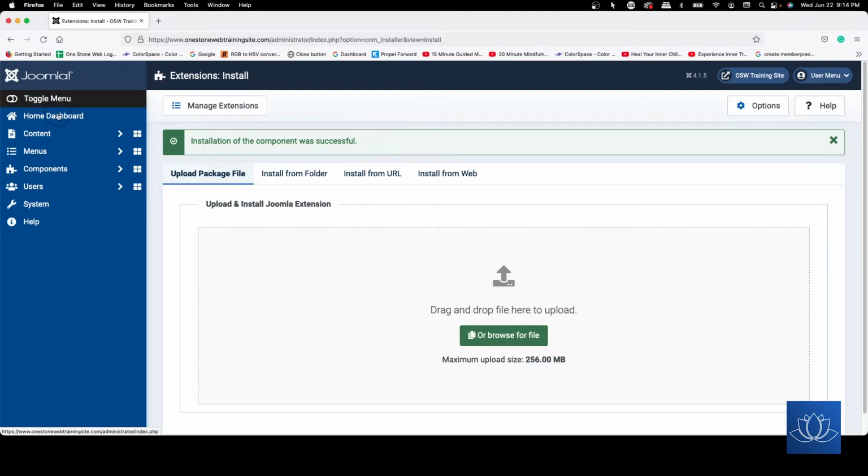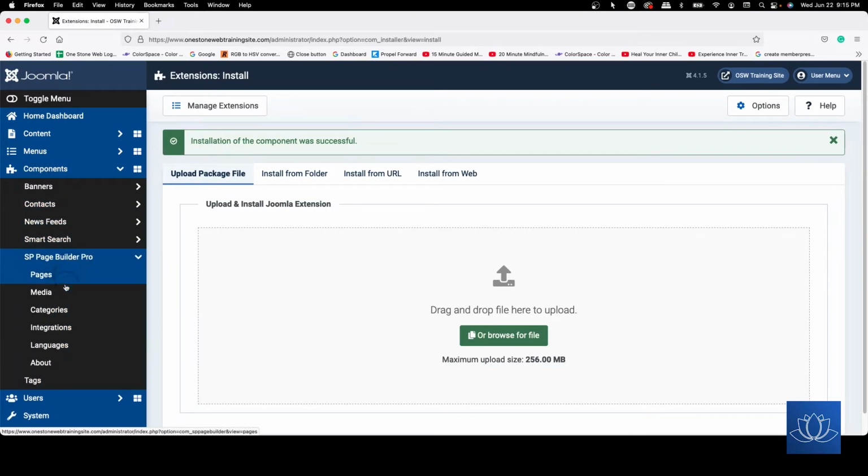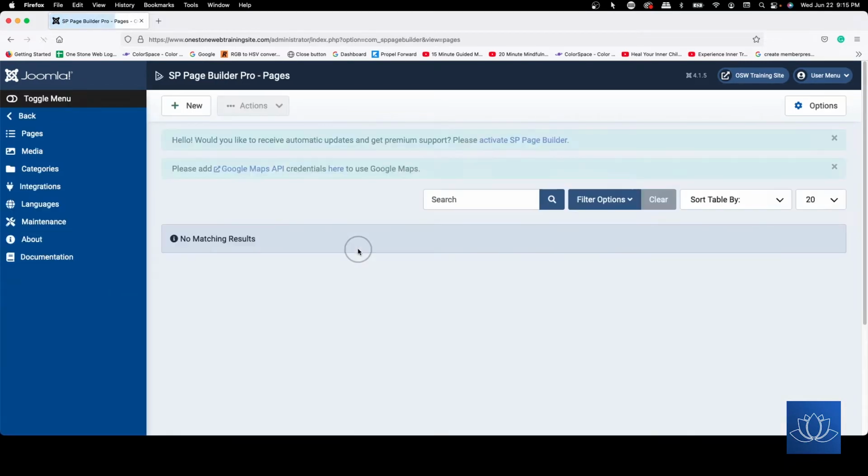To find SP Page Builder, we come over here to Components, and here it is right here. When you click this and find a drop down, you'll see that there are pages, media, categories, integrations, languages, about, and any tags you want to create in SP Page Builder. What we're going to do is look at what we're going to build, which is pages, which is what you see on your website. So we click on pages and we see that there are none